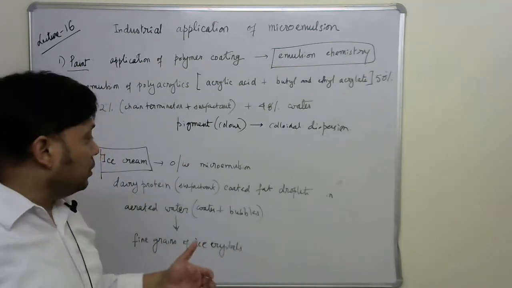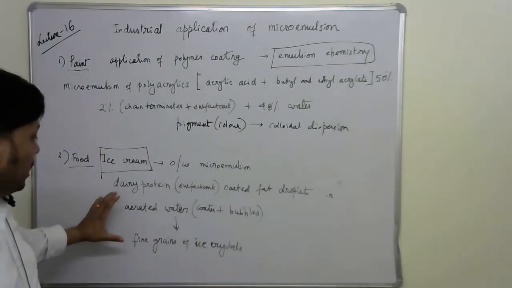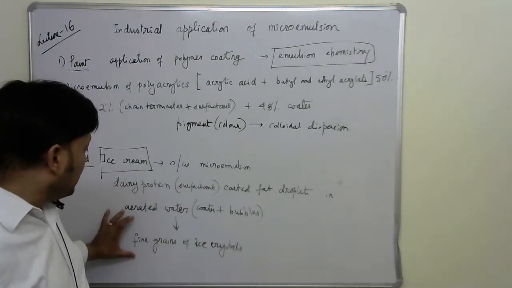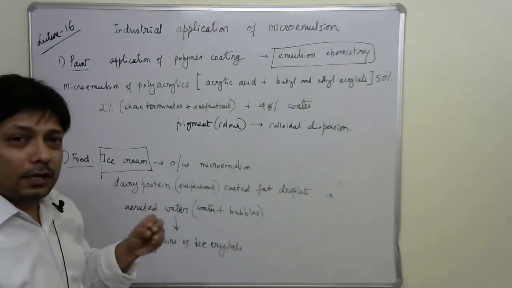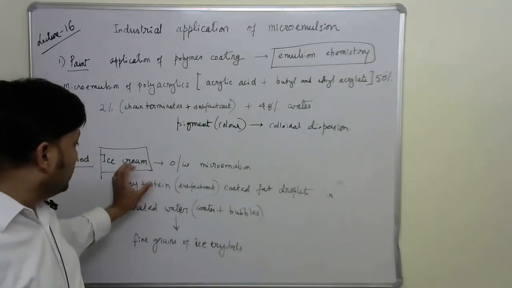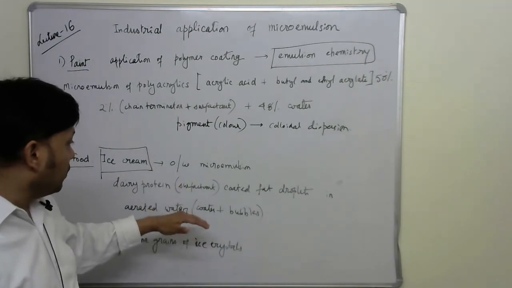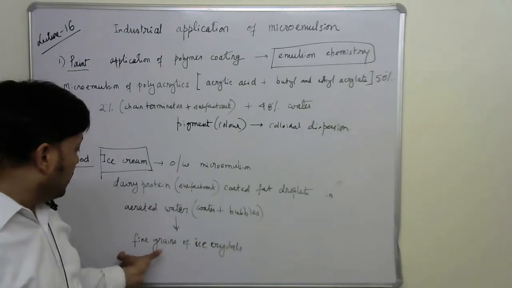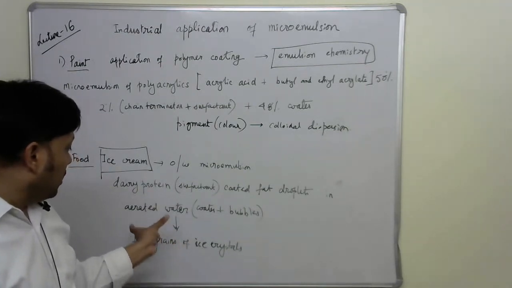So a lot of engineering actually happens to get that water crystallized in a certain fashion. So making these dairy protein coated fat globules dispersed in water is rather trivial,